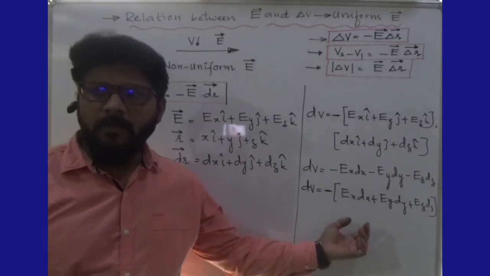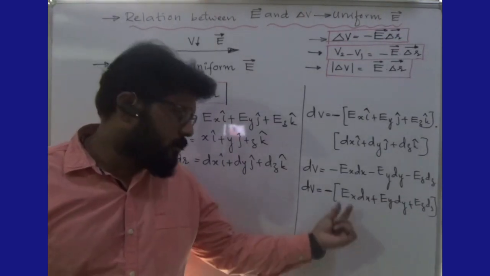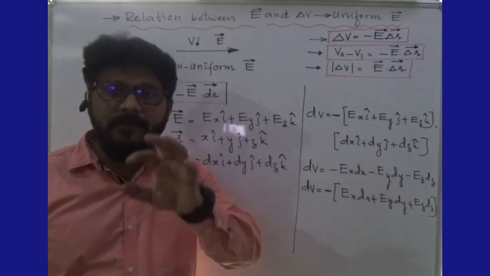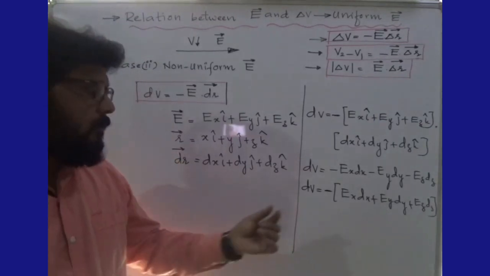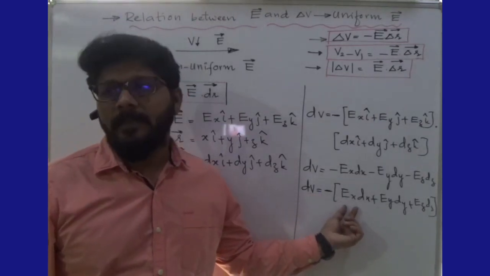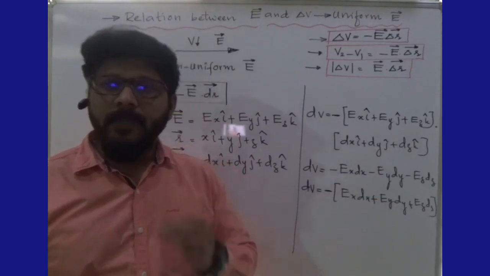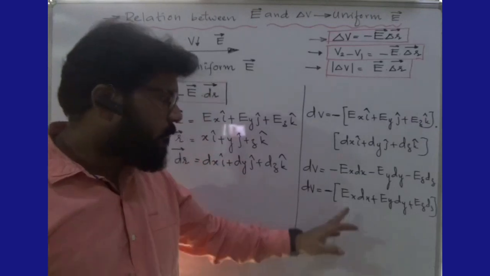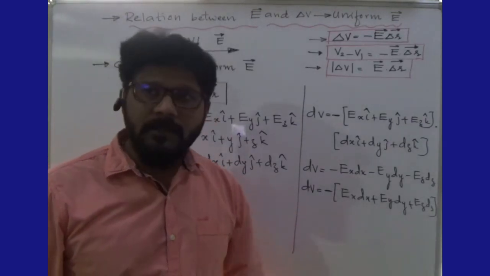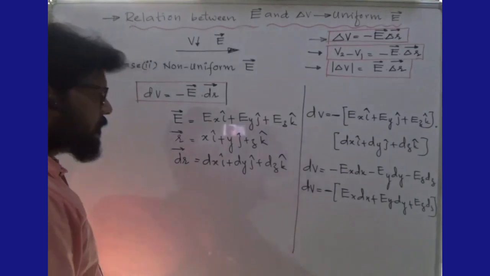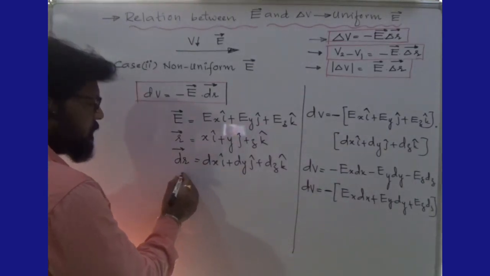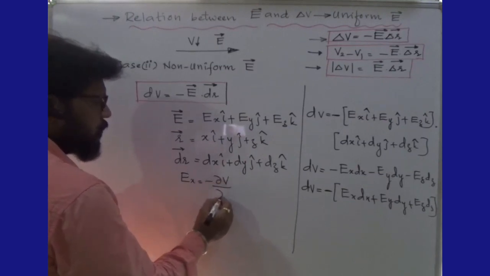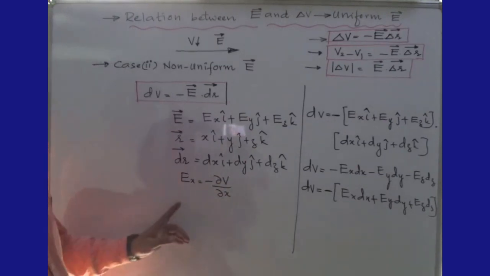Yes. How to calculate the individual Ex, Ey or Ez along each direction? Because it is three-dimensional, how to calculate the individual electric field Ex, Ey or Ez? We can go with partial differentiation. Very good, it is nothing but partial differentiation. If it is partial differentiation, we can write Ex is equal to minus dou V by dou x.